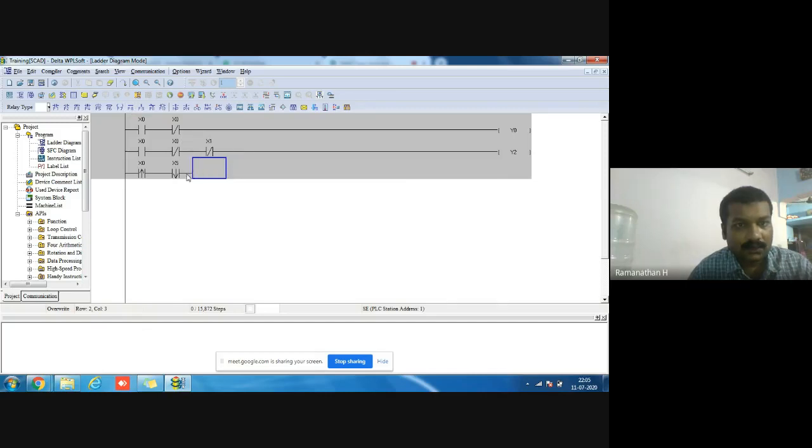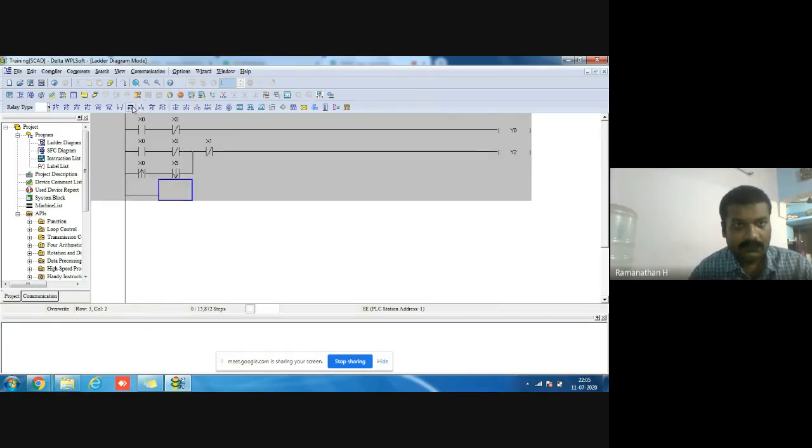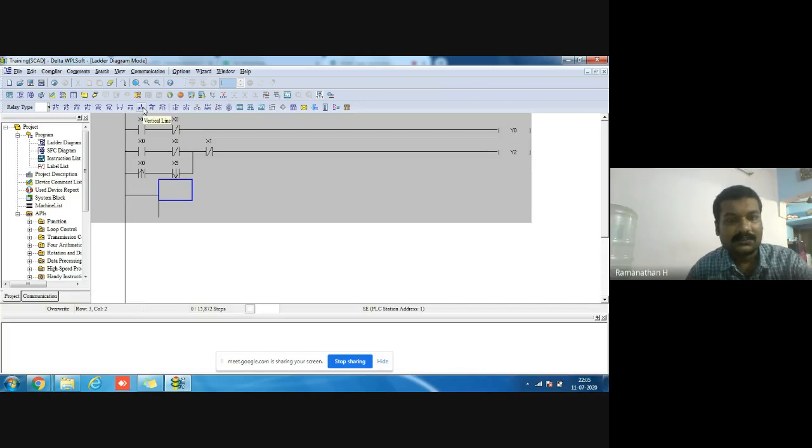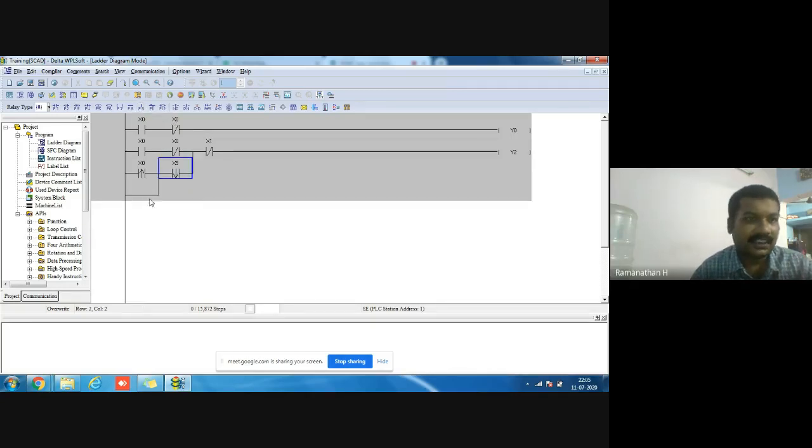Suppose you want to give a parallel connection. Go to this: this is a vertical line, and it gives a parallel connection. This is a horizontal line and this is a vertical line.